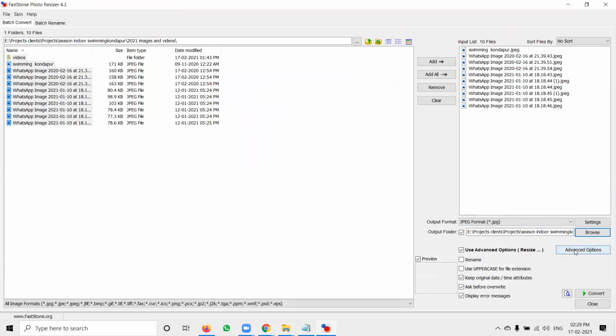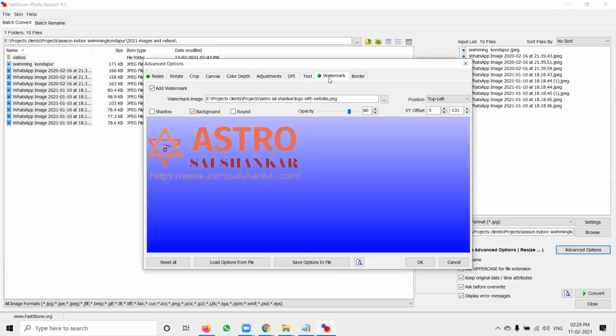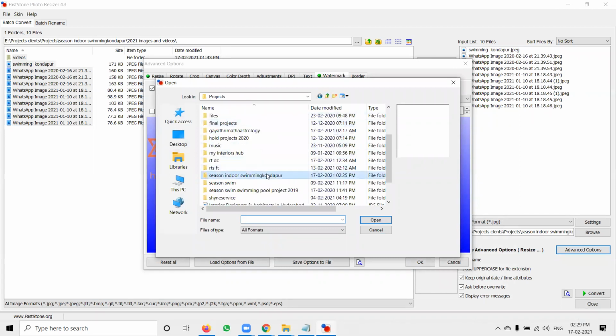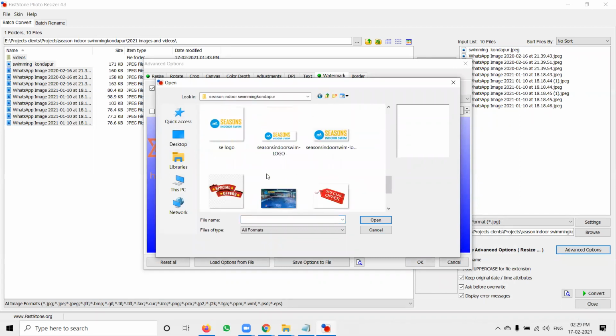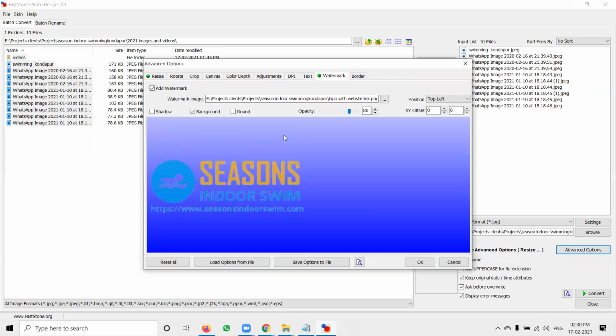Okay, go to the advanced option. In this, we can add a text watermark, which is the company's important watermark. As usual, go to your folder where your logo is. A logo with the website link is compulsory and important. Logo with the website link. Okay, done.